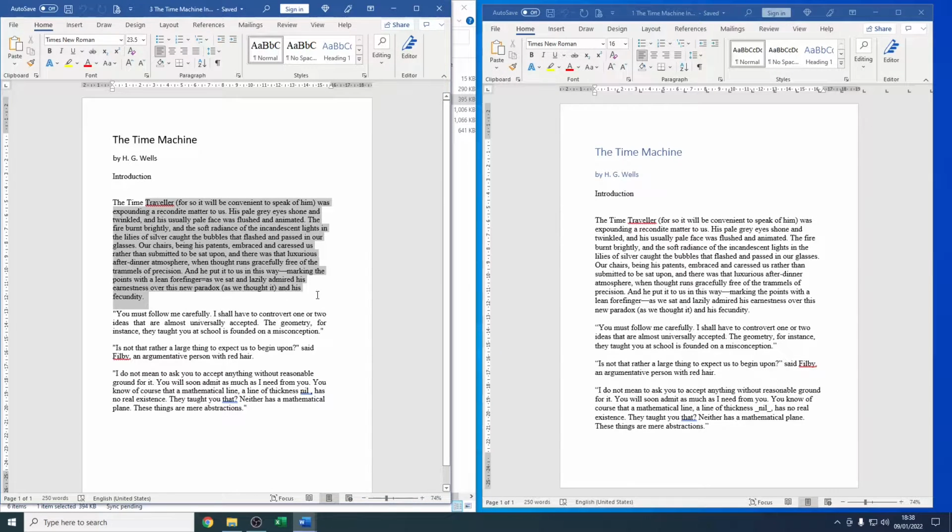So this, remember, is coming from the one that was printed out and then scanned back in with a scanner. Now if you look, you will see some slight differences here, but generally speaking it's not bad at all.